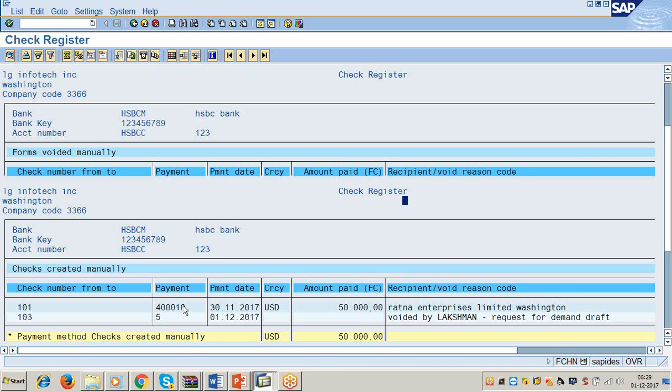Expense payment means a GL document. So what is the document type for GL, Srinivas? SA, sir. For SA, we have defined the number range 1 to 1 lakh. We have already posted 4 documents in the general ledger, and this is the 5th document you have posted in the general ledger. So it has taken payment document number 5. Clear.